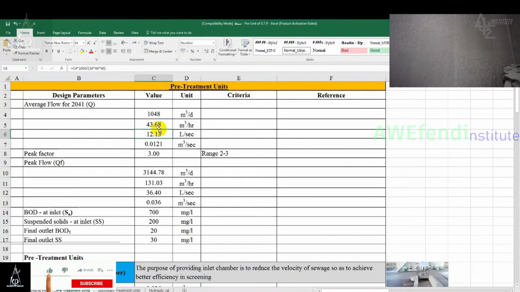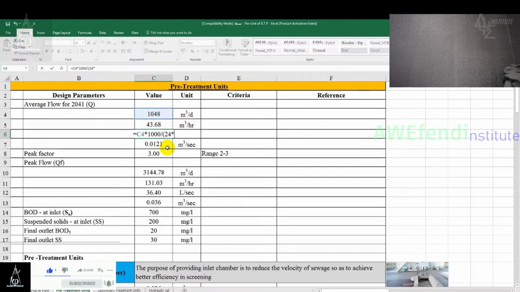We get this figure, and in this cell, we can convert this figure to liter per second like this: equals this cell times 1000 to convert to liter, divided by 24